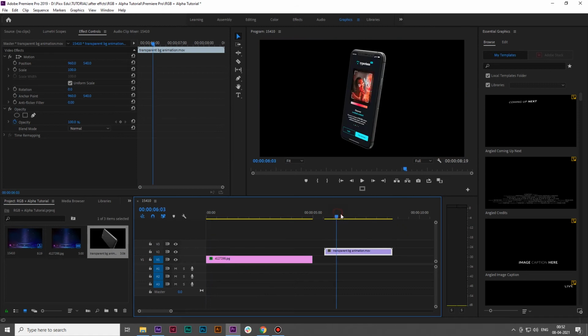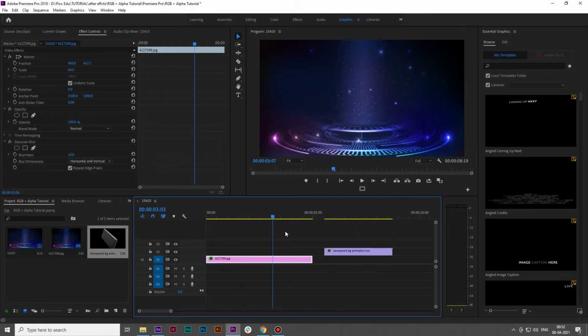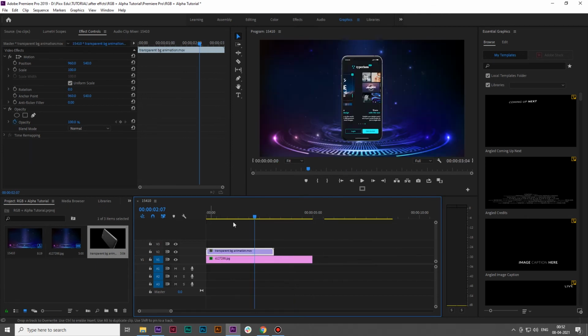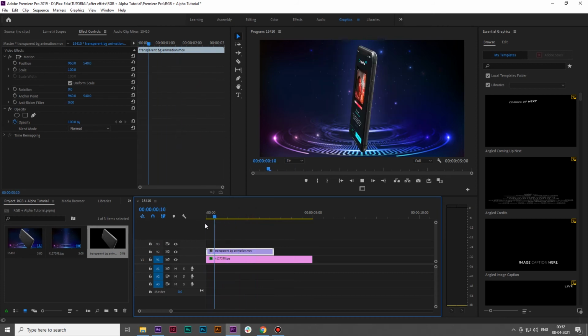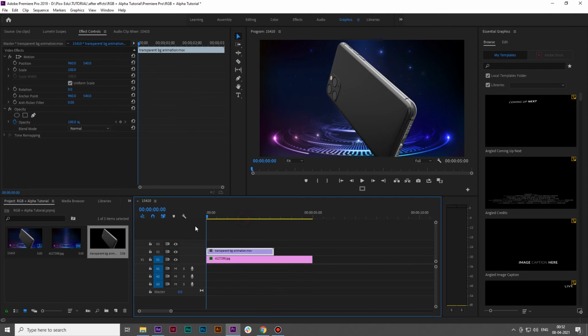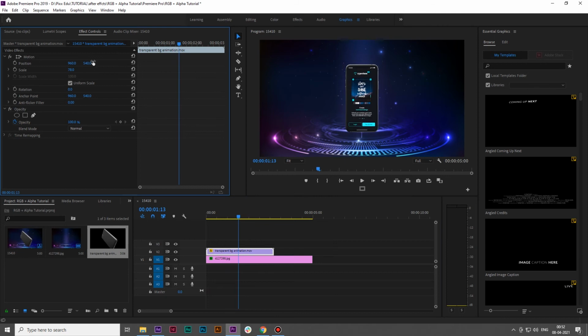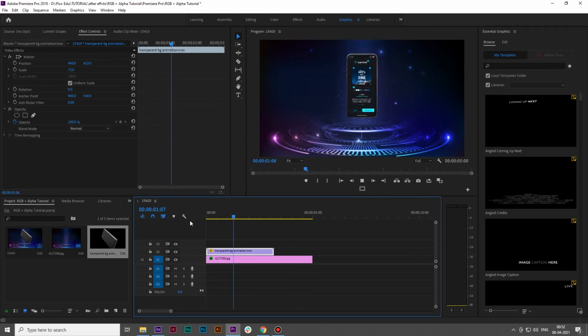this is our layer of video and this is our layer of another background. When you put this mobile animation layer onto another background, you can see our mobile animation layer has been merged with the background layer. Now we will set it. As you can see, our transparent animation has merged with the new background. So with this simple step, you can easily export your animation with the transparent background.